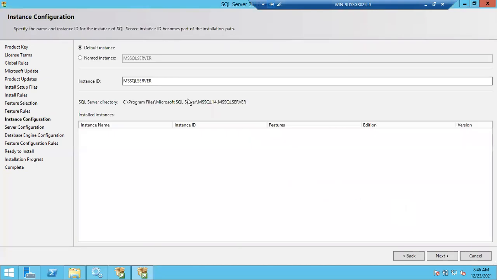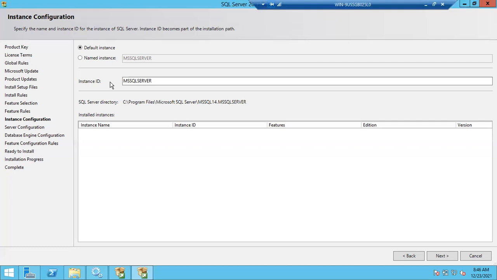Right. Now this is a very important screen, guys. Instance type. Which instance? Default instance or named instance, and what is the difference? There is no difference between default and named instance. Functionality wise, both instances will work the same. There are no extra features or extra settings between the two. The only difference is while connecting: for a default instance you connect in one way, for a named instance you connect in a different way.